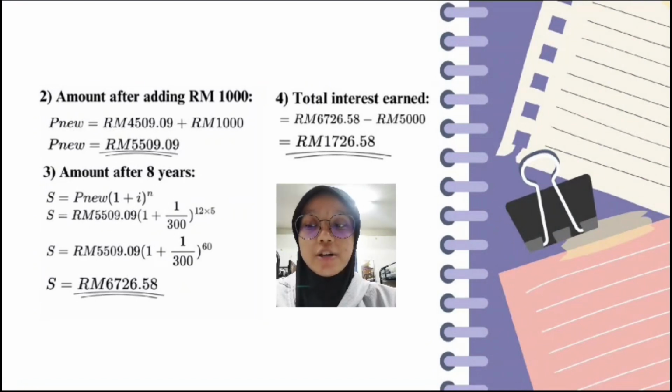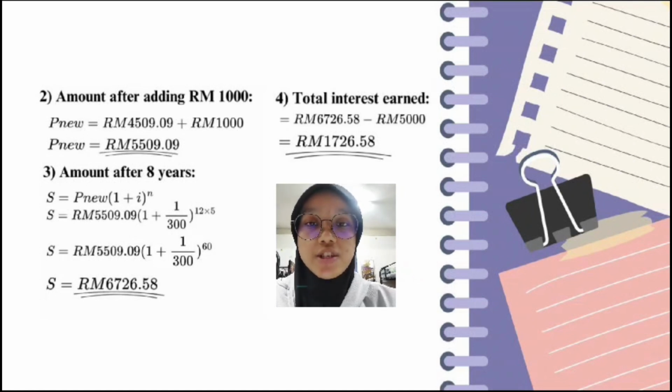And after that, we will add another 1,000 ringgit because after 3 years, it is said that Humaira deposited another 1,000 ringgit. So we will add the 1,000 ringgit with the amount of savings that have been earned after 3 years. And that will give us 5,509 ringgit and 9 cents. And this will now be considered P new. And we will use this P new for the next calculation, which will give us a slightly similar formula as the first one,